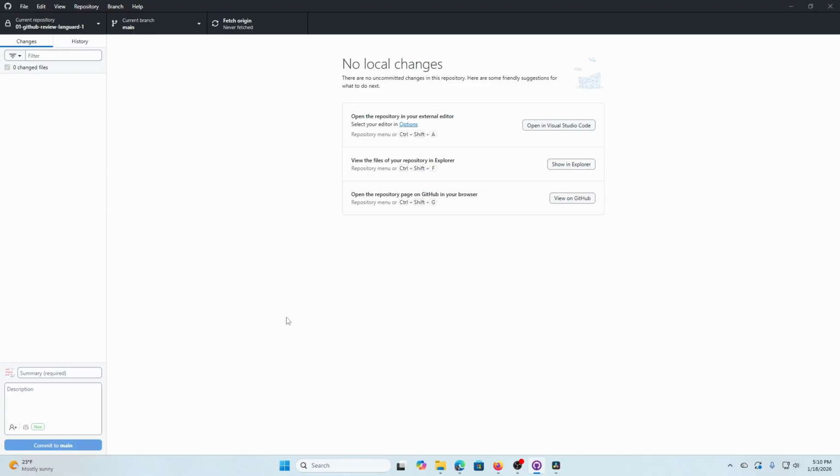Upon getting the repository checked out, you will now be on this page here, and it should show the name of the repository in this box right here. Do not click on Open in Visual Studio Code. We are using Visual Studio, not Visual Studio Code, so you do not want to click on this button. Instead, an easy way to open the project for the first time is to click on Show in Explorer,